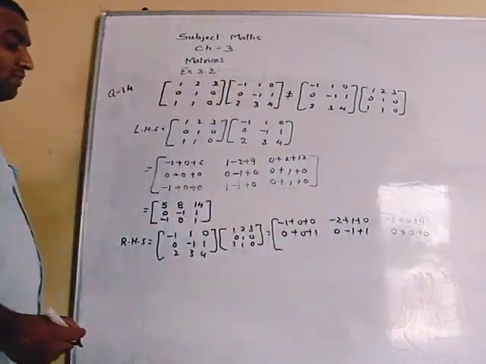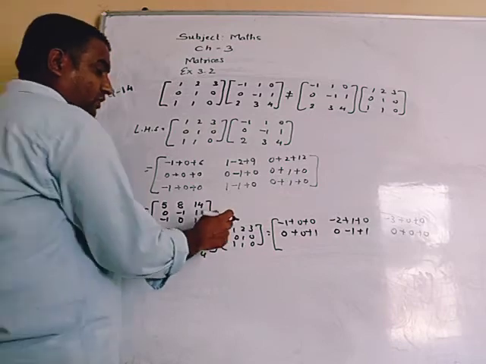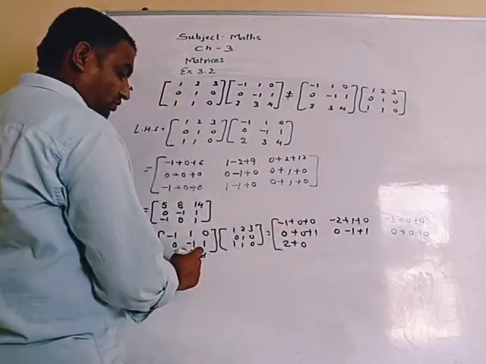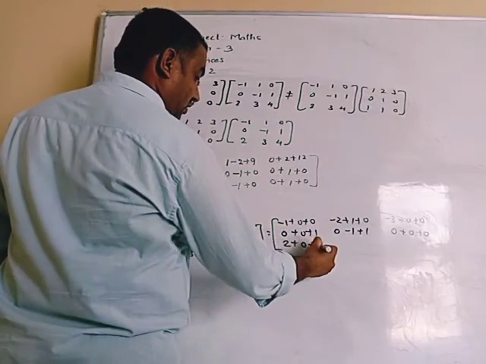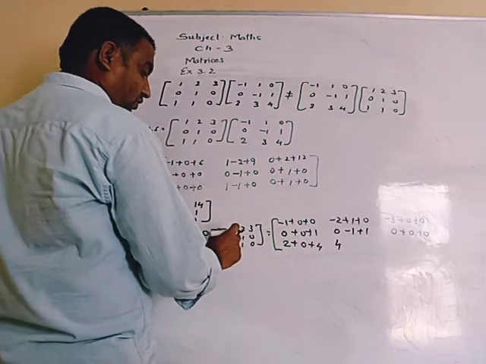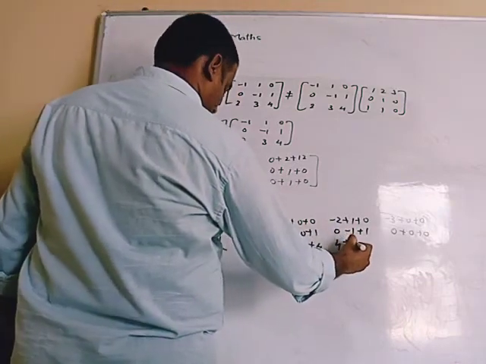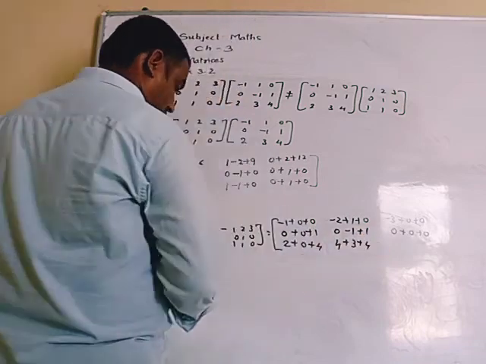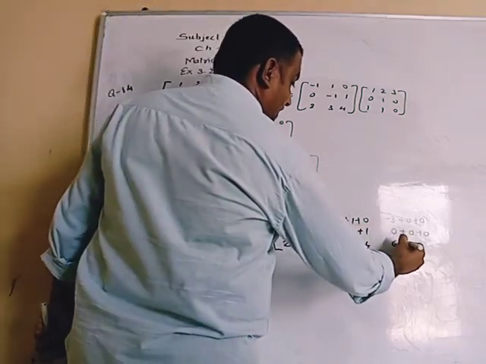Now the third row we multiply: 2 into 1 is 2, 3 into 0 is 0, 4 into 1 is 4, 2 into 2 is 4, 3 into 1 is 3, 4 into 1 is 4, 2 into 3 is 6, and the other two entries